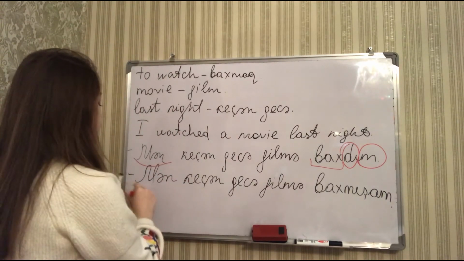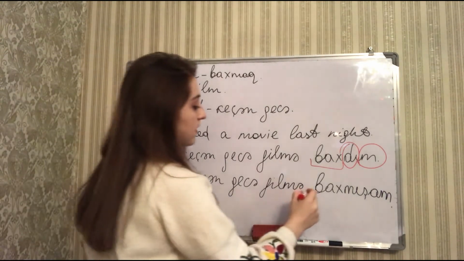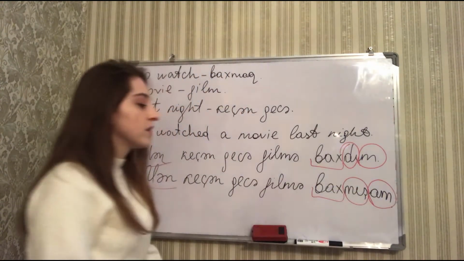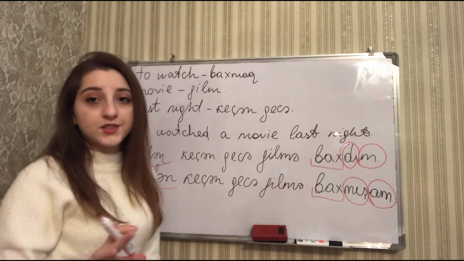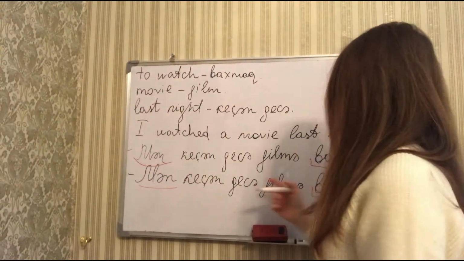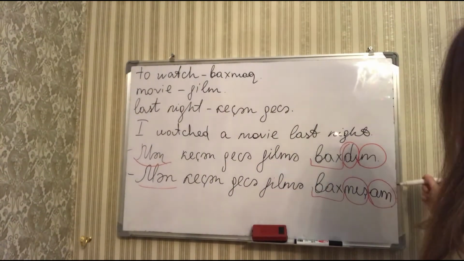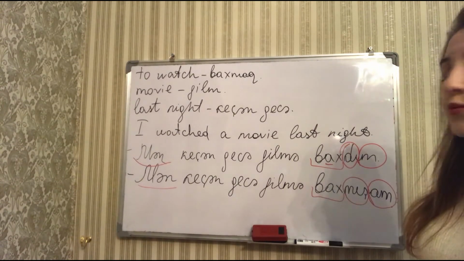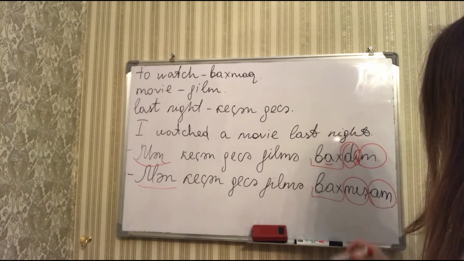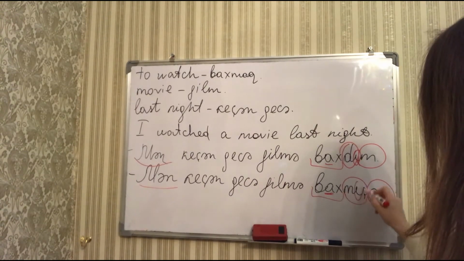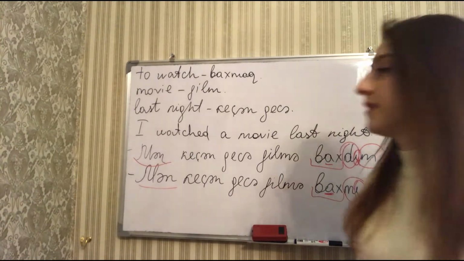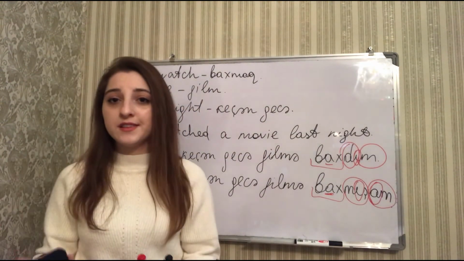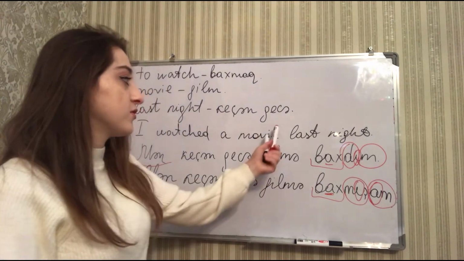The second one, mən keçən gecə filmə baxmışam. Bak is the verb. Mış is the past tense suffix, and am is the personal suffix. Okay. Also, a is a hard vowel. That's why the a is a hard vowel. Mış. Okay. It is the vowel harmony between hard vowels and suffixes of past tense form in the Azerbaijani language.